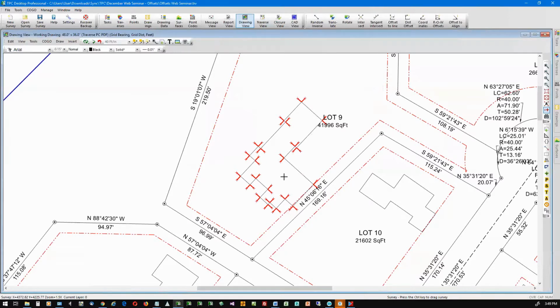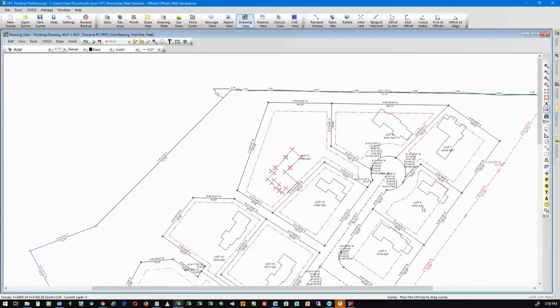That's it for the automatic lot setbacks and all of the COGO offsets, other than we didn't get into PLSS. There's one PLSS tool that we're not going to get into. So what's left now is CAD type offsets, if you want to do this. All right, so I took this drawing and I exported a DWG file of this before I did all of this. And if I go to the CAD view here,